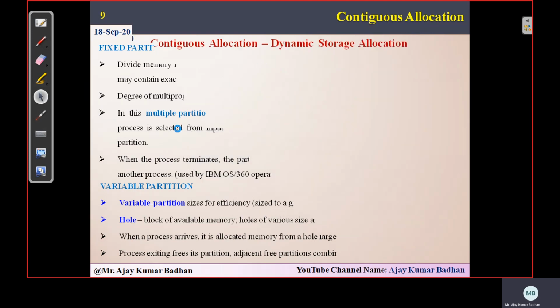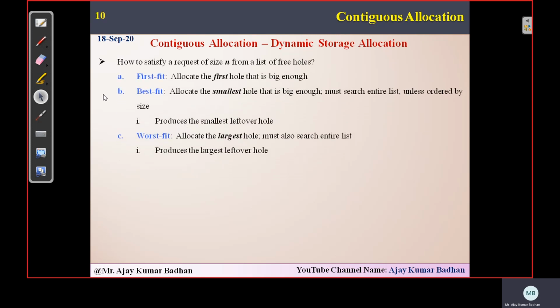Well, we do have some techniques related to that. We have three techniques for allocation: first fit, best fit, and worst fit. What do you mean by first fit here? It means allocate the process to a hole that is big enough. Search, whether the system is arranged in ascending order or not, and whichever slot has sufficient memory, we can allocate it first itself.